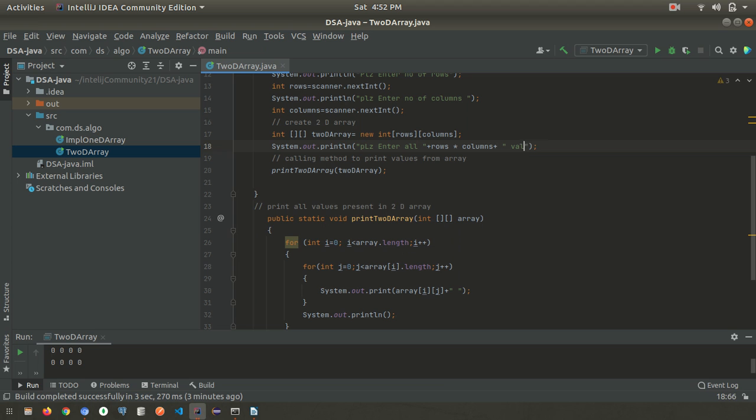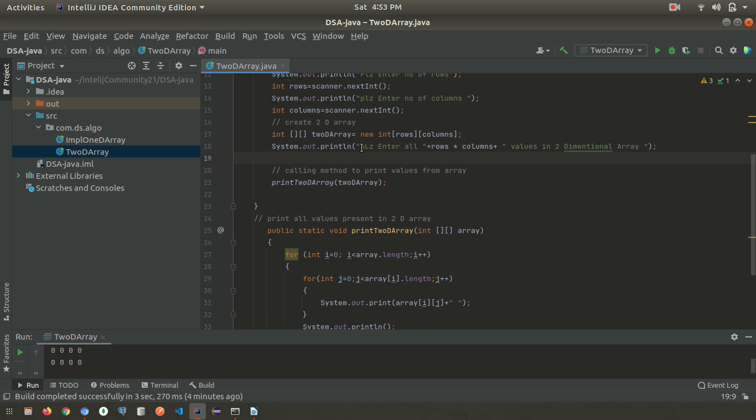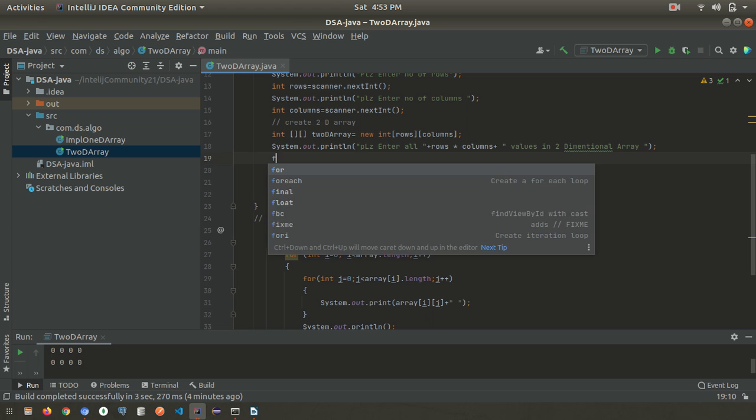Values in 2-dimensional data we can store in this array one by one by using a for loop.